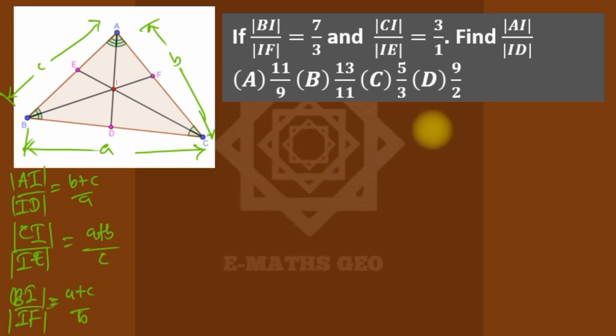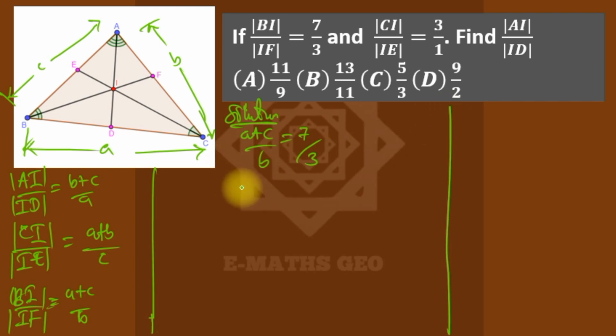So we're asked to find AI over ID. So we are looking for b plus c over a. So we need to get a, b, and c. Let me just write the actual solution. So BI over IF is a plus c over b, which is 7 over 3. And CI over IE is a plus b over c, which is 3